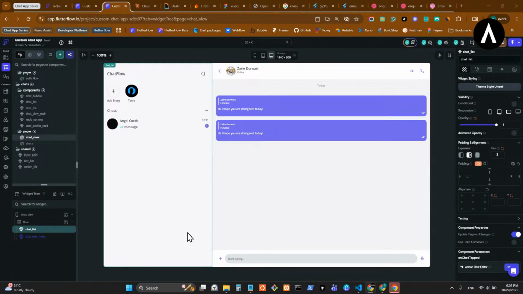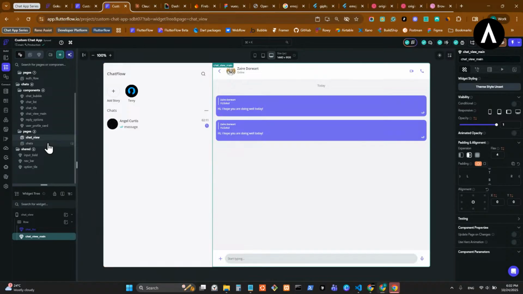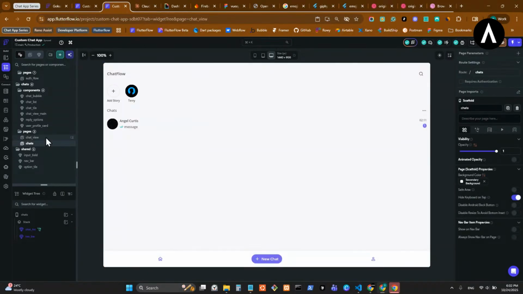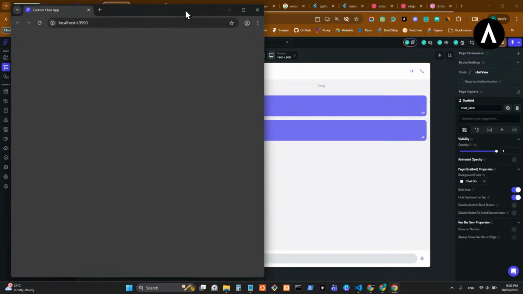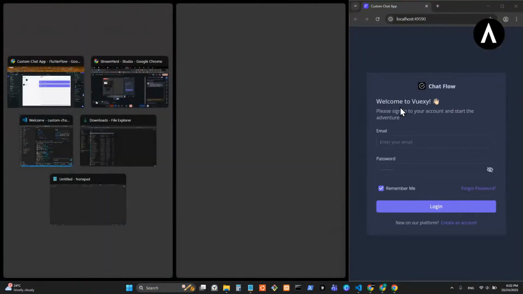So here what I've done, I set 100% width and height for both components, chat list and chat view. And I'm thinking to use the same components which are responsive for mobile and web, so we are using the same component instead of doing UI twice. And so most of the things like the back button and some other things, like the pop-up coming once it logs in, I'll show you. So those things we can,